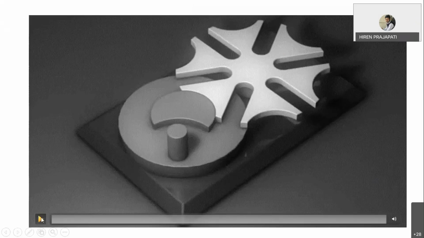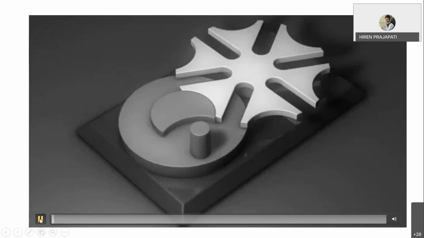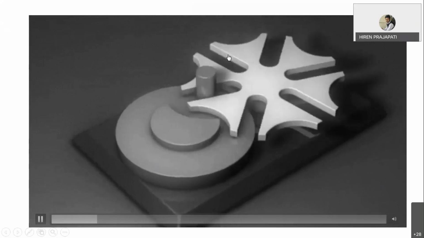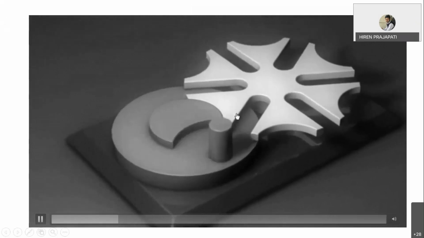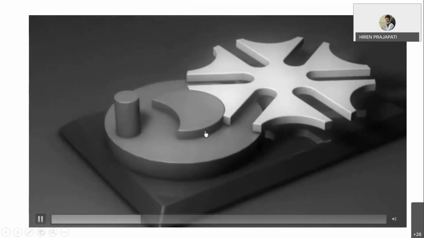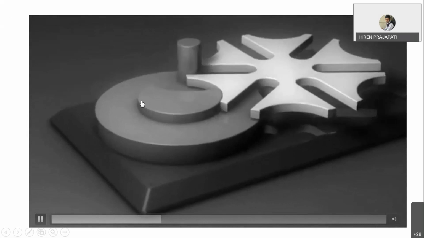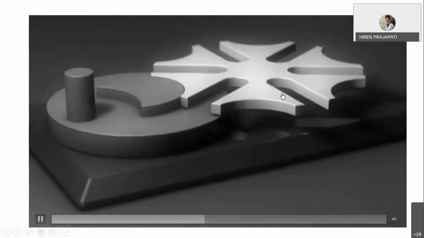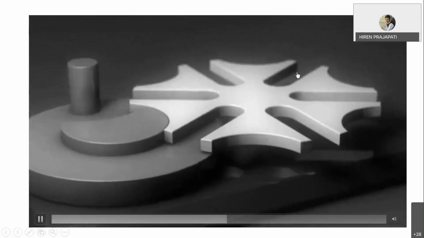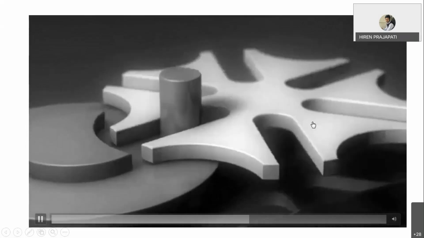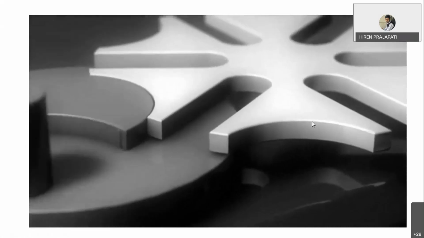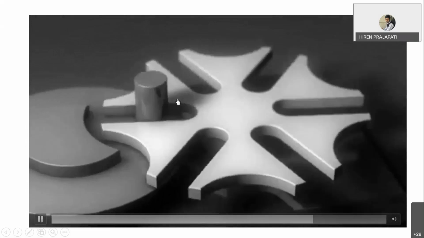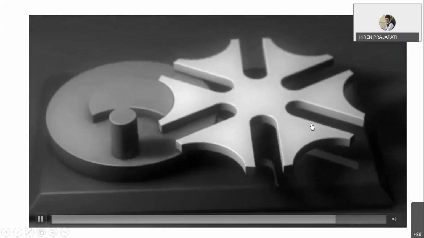Now this is about the Geneva mechanism. You might have learned this in your kinematics course. Here we have a total of 6 slots. In each revolution of this wheel, we get 360 by 6, meaning 60-degree rotation of this output Geneva wheel. So in every rotation of this continuous wheel, we get 60-degree rotation of the Geneva wheel, because it has a total of 6 slots.